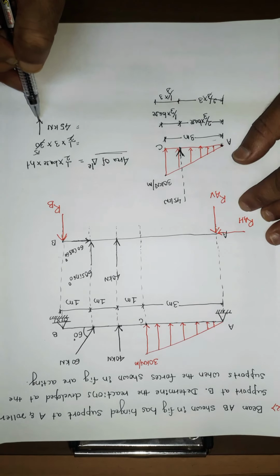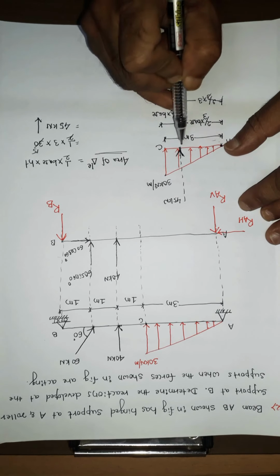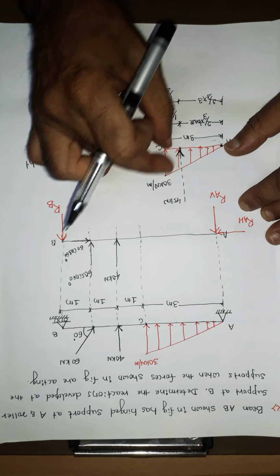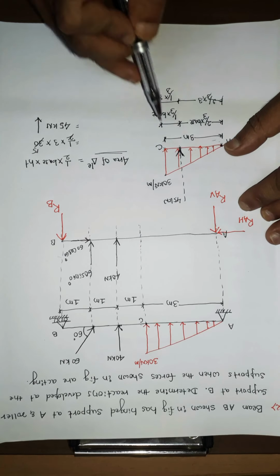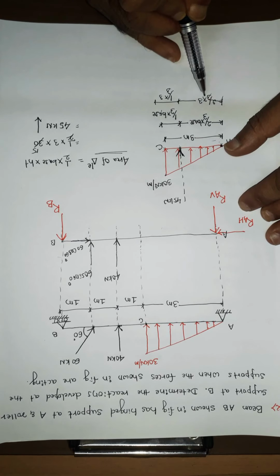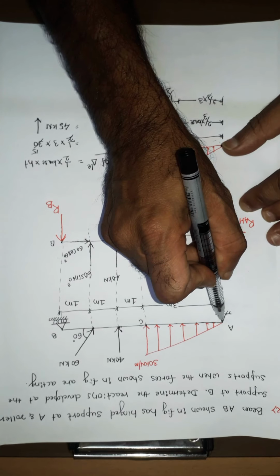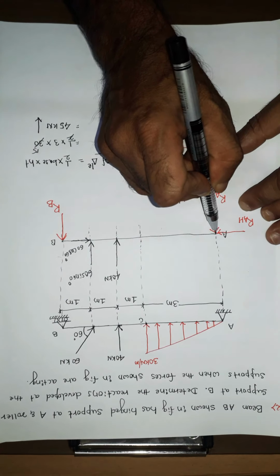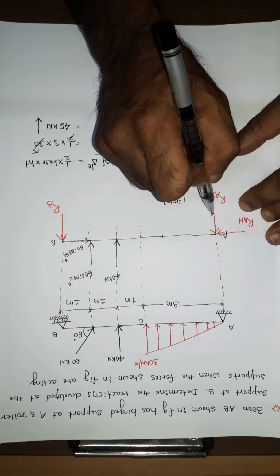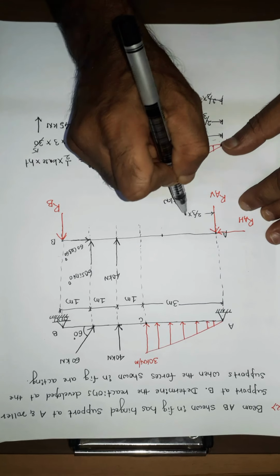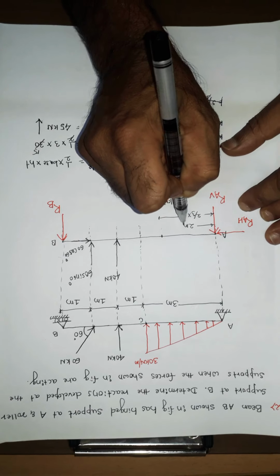The area of the triangle is nothing but the point load. This point load acts at 2/3 of the base from the 0 intensity end, and at 1/3 of the base from the maximum intensity end. So 2/3 of base means 2 meter. Now I will mark here, this is the 0 intensity end. From here it is 2/3 of base; 2/3 of base 3 meter means 2 meter.